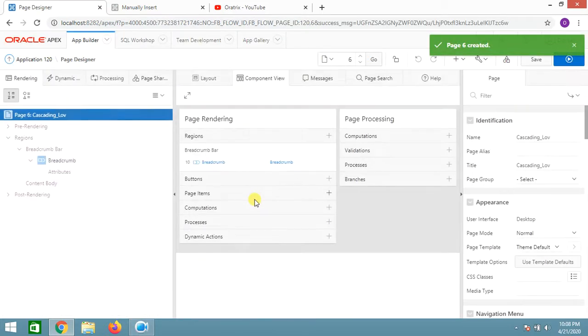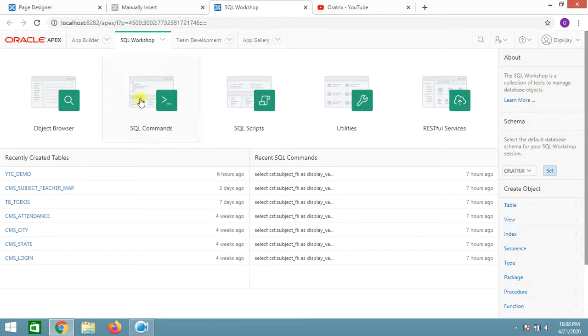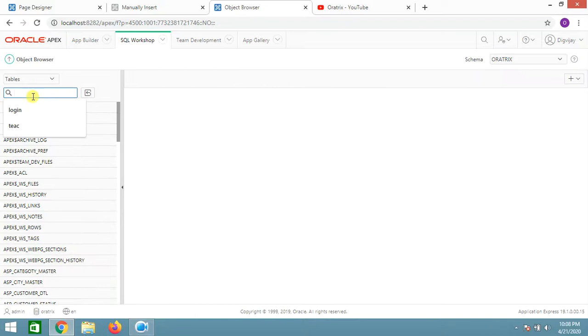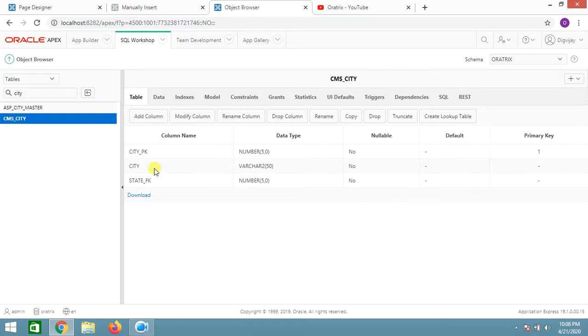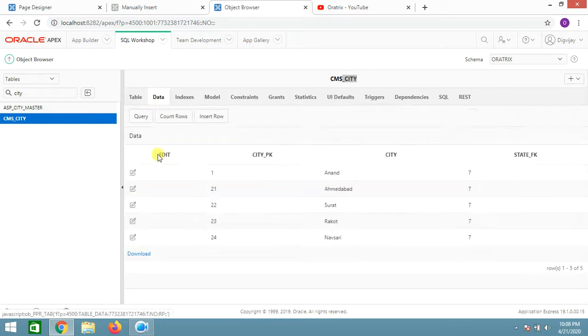Now you should be good at the database level also. So let us click on the object browser and check our city table. What I have done is created a city table in which the first column is a primary key, city pk, then the city name, and I have provided a state foreign key. What does it mean? Whenever I am creating a city, I am also attaching a state foreign key with it, like this.